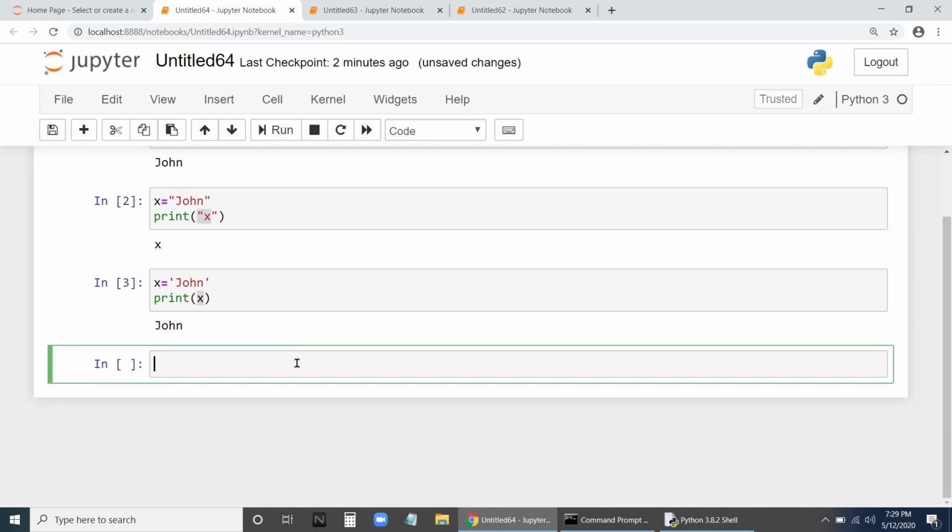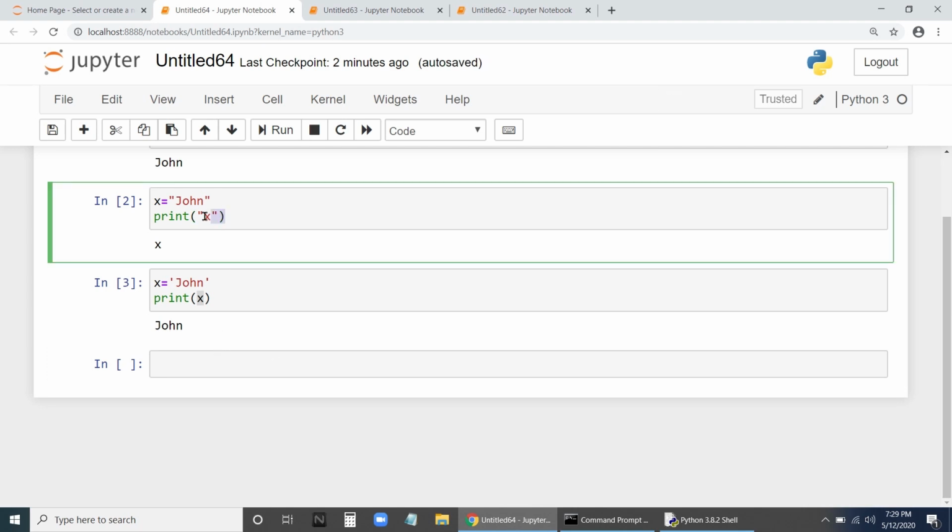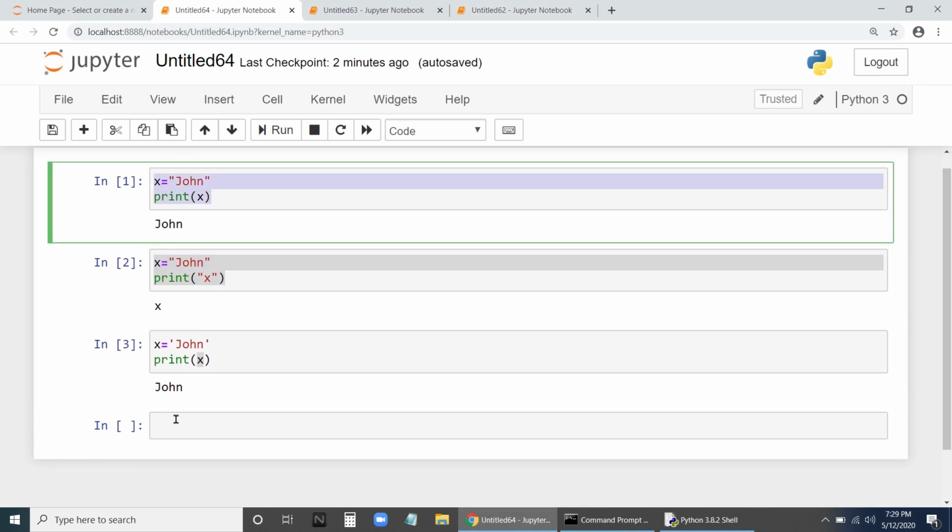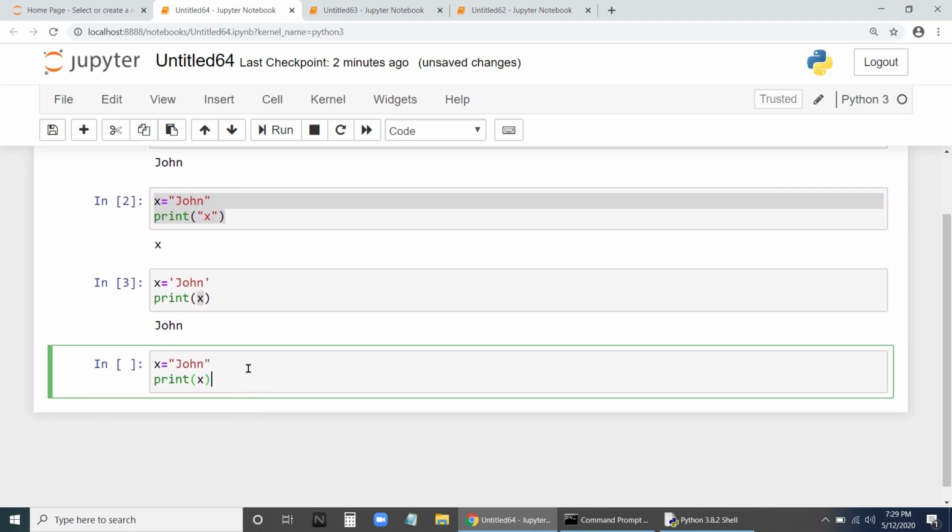Now let me see this one. Let me take the first one here. Now what do you think will happen when you print like this, x equal to, comma x? As I told you, this one is a string, so it will be printed as it is.